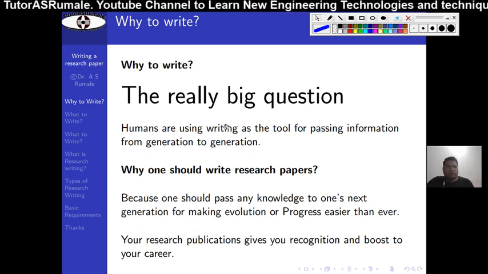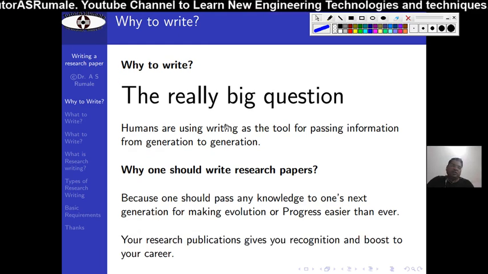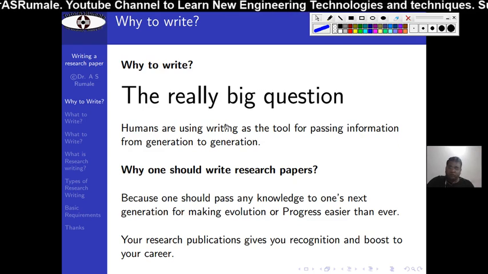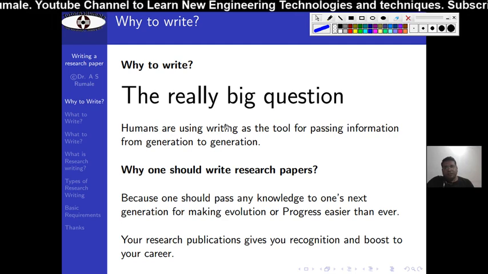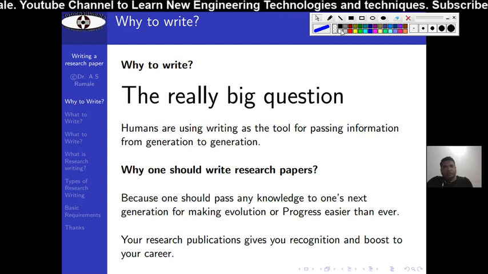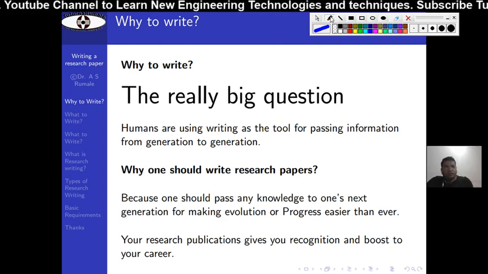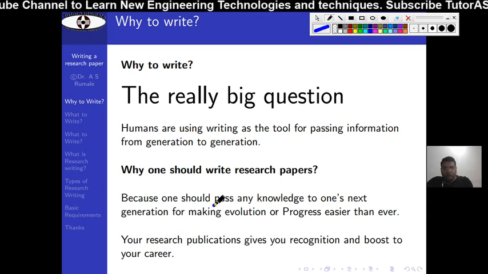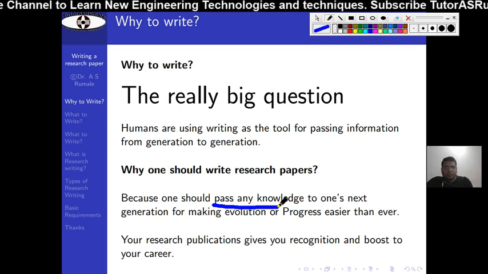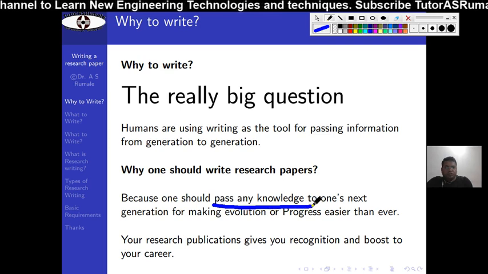And yes, of course, if you write research publications, it gives you recognition and a boost to your career. So this is why we require to write. If you see this, we are writing because we want to pass on knowledge.